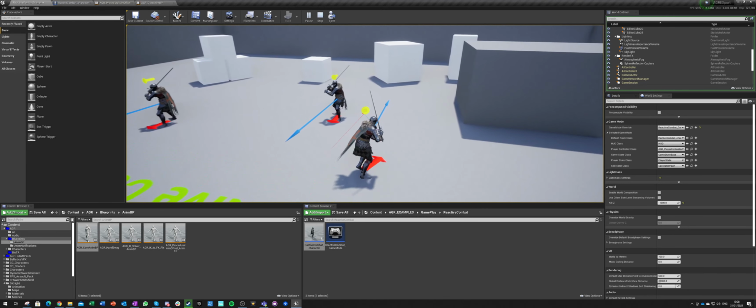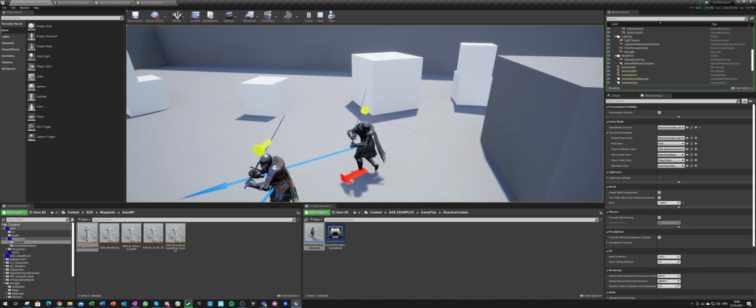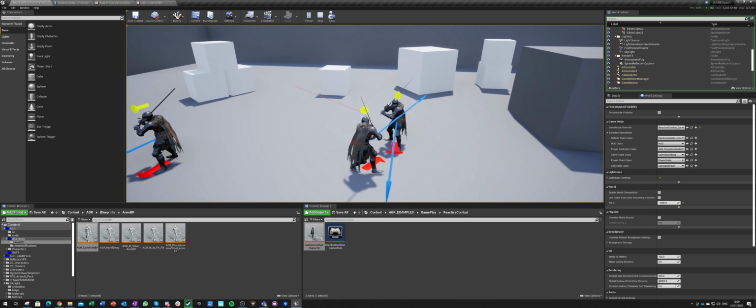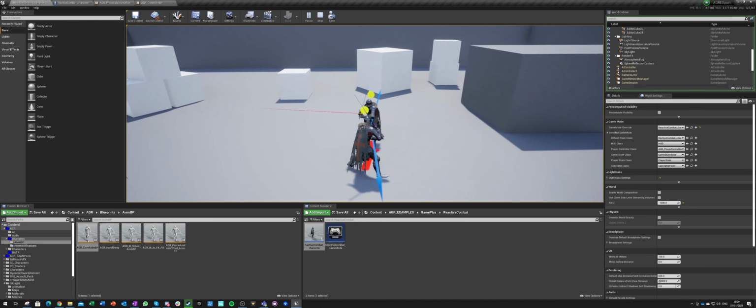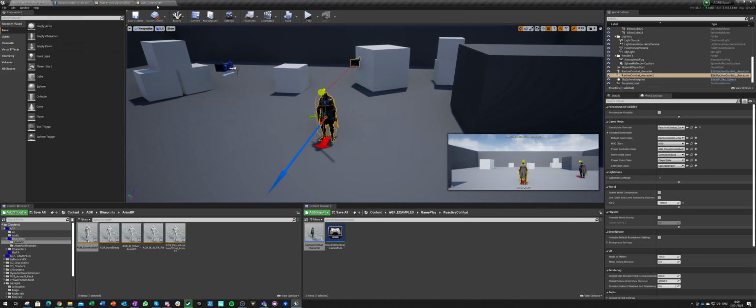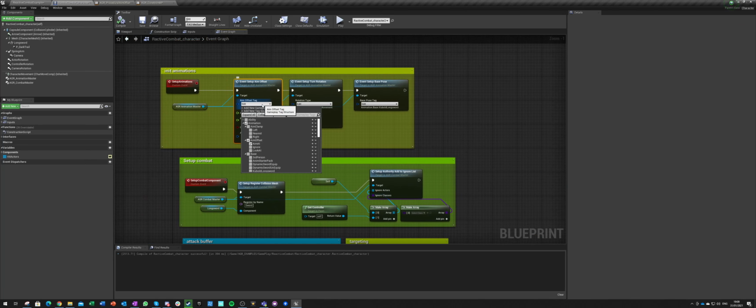And boom. Okay, so now my character, okay, and another thing, like I have this aim offset, I will use that as well, and this will be look at for now.